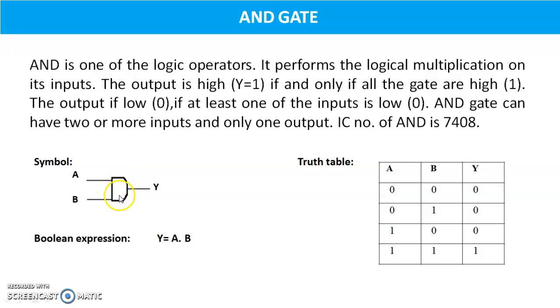When you want to apply the input to the logic high, that time we connect that input to the VCC, and if you want to apply the input 0, then we connect that input to the ground. So at the time of implementation, when we apply the input 1, 1, active high, that time only the Y will be 1.